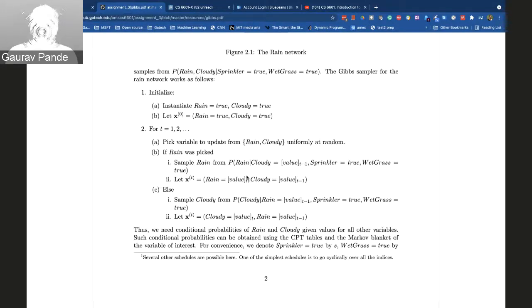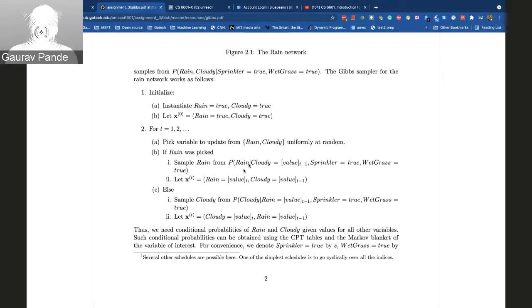You calculate this conditional probability, that the probability that the rain will happen given the cloudy is true in the first iteration for t equals 1, where the value at 0 you picked as true. So given the cloudy true, sprinkler true, wet grass is true, what is the probability that the rain will happen? So that is the first sample that you will calculate. And this probability value you will set at this point t equals 1. The sample for this rain will be the value at t that you calculate in this step 1, and the cloudy value will be t minus 1.